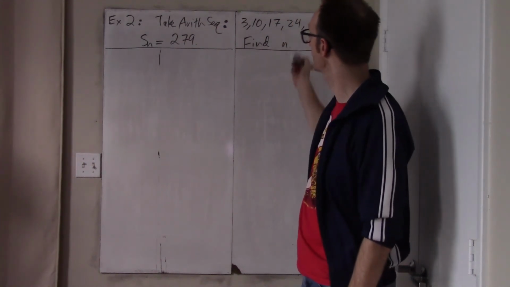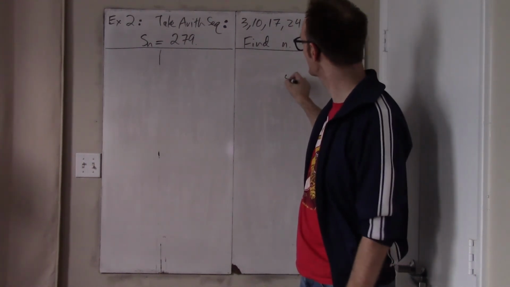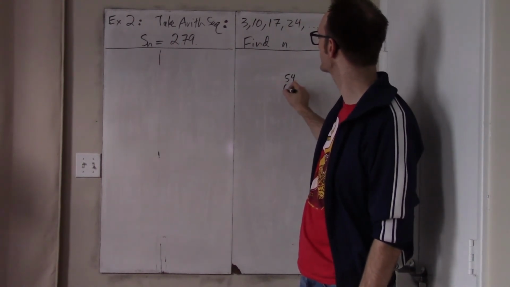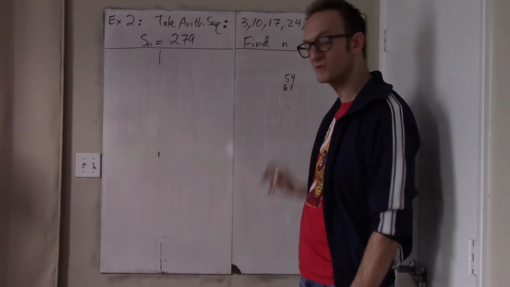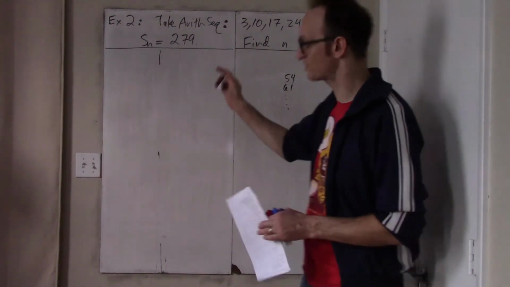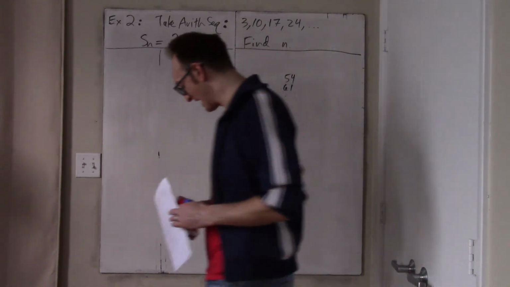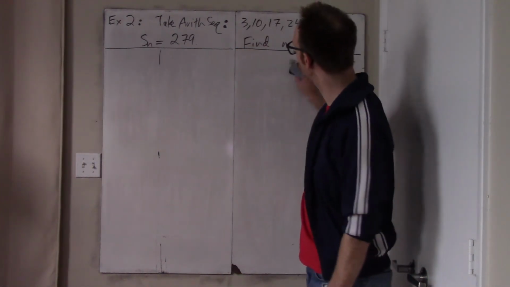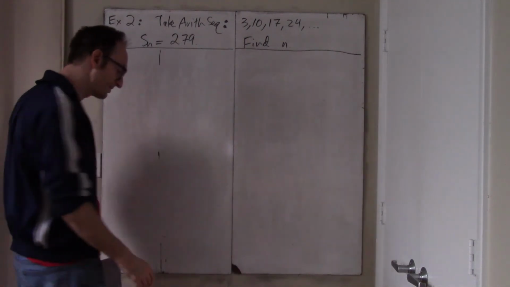The sum of the first 4 numbers is 54, and then, what's the next one? Okay, it's 7 more than that, so it's 61, and you don't have to go out too far until you just get 279. But I would like us all to agree that is silly and ridiculous and provides no kind of enlightenment or understanding.